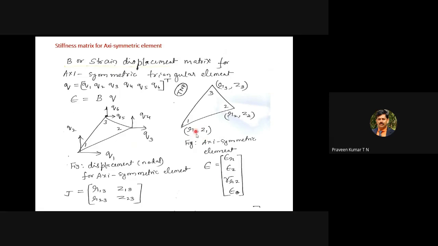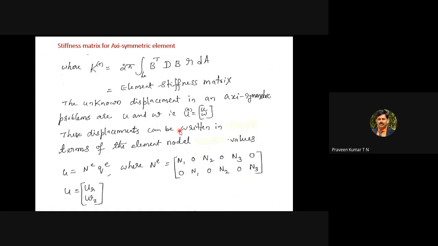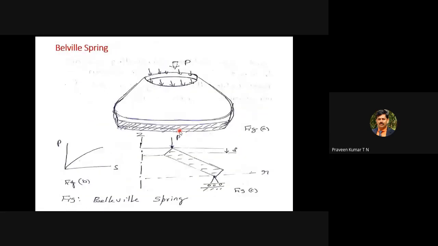In the case of the axisymmetric triangular element, you are considering this as the z axis. Here I am not showing the z axis, which we can see in the previous diagram, because that derivation is required. This is the z axis. Imagine we have a small rectangular section. This rectangular section can be divided into smaller and smaller triangular elements. Imagine this is a small triangular element. It has radius r and height z.